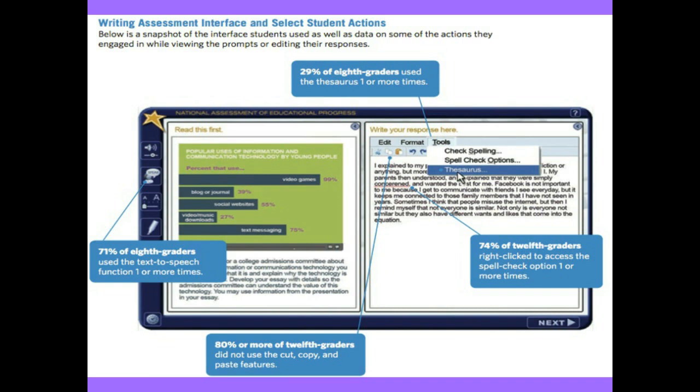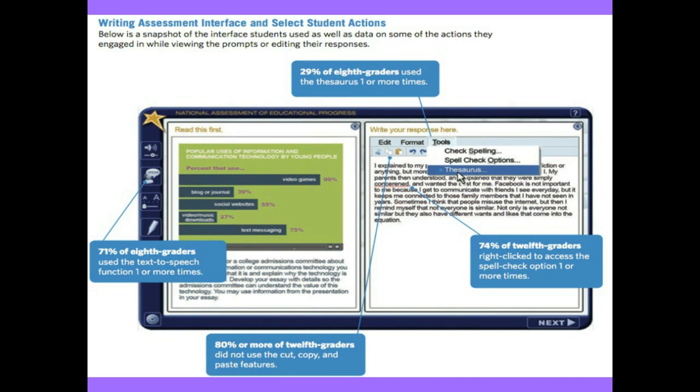But if you go over to the left side of the screen, you'll notice that 71% of the 8th grade students used the text-to-speech tool at least once. And so now we have an example of something that used to be thought of as assistive technology, something that we would give students that struggle to read or comprehend the text, now is deployed for all students to access. And basically you have a majority of the students using text-to-speech support. So that provides developers like Martin some very important information about the time and effort the developers need to devote to resources and tools within a product, because we've got data now that talks about how often they're used